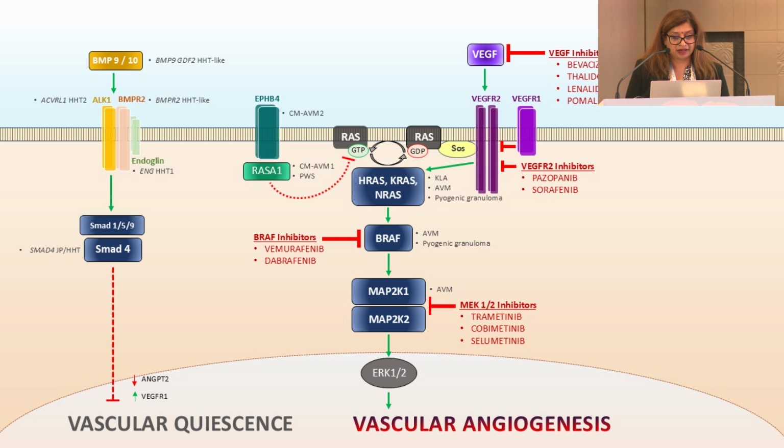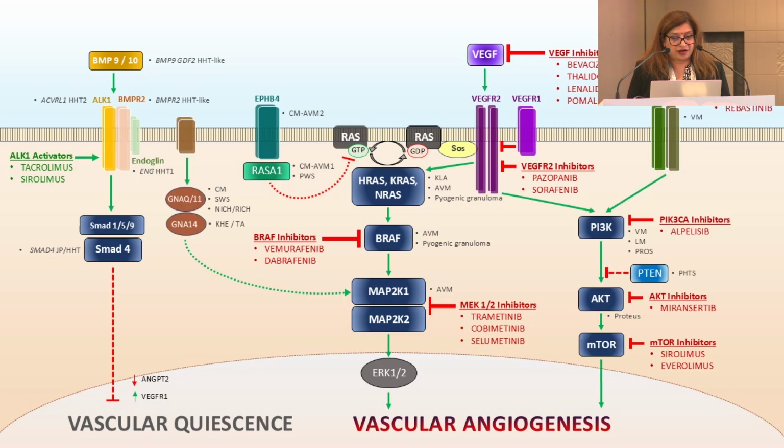Just to finish that off, we have the PIK3CA pathway and the RASA mutation as well. If you add that in, that's when we start seeing a lot more of our sirolimus, and we see our alpelisib, which is a direct PIK3CA inhibitor. Sirolimus is an mTOR inhibitor. And so putting all of these together, we have a wealth of different treatments we can give once we can identify what we need.